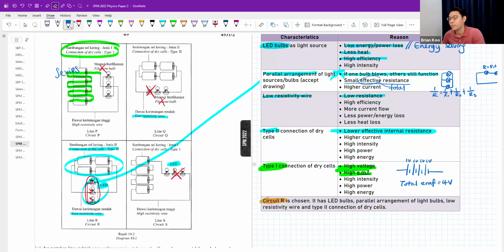It will be 4 volts, because in a series circuit the voltage will share, or you add all the voltage together. But for type 2, let's say, I'll keep it simple, if you have a parallel circuit like this,